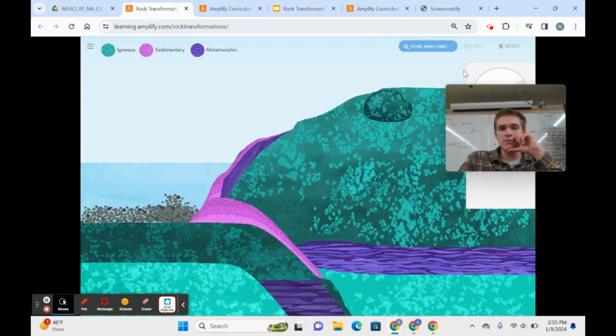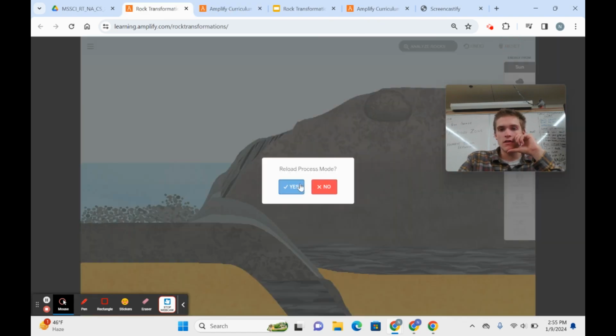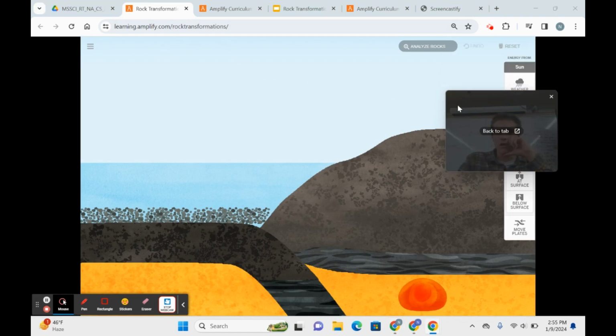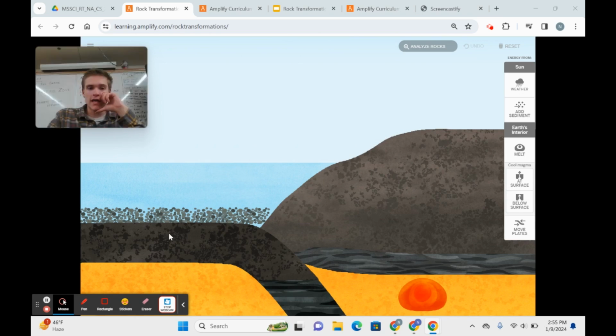When I go to the simulation, it shows a very similar view of what we were looking at. We can see one oceanic tectonic plate crashing into one continental plate. When two plates crash into each other, what type of plate boundary is that called? Very good. This is a convergent plate boundary.